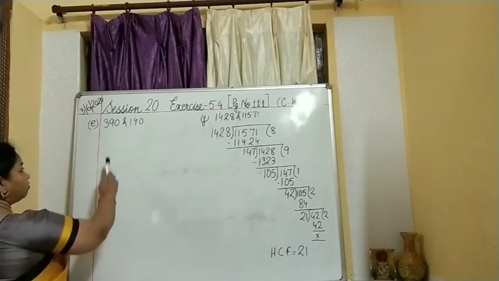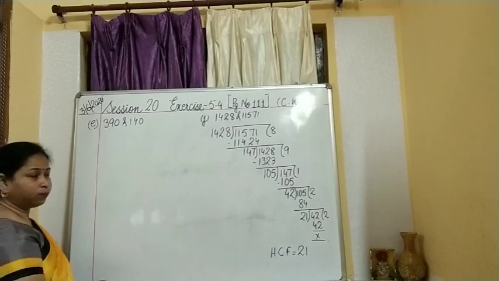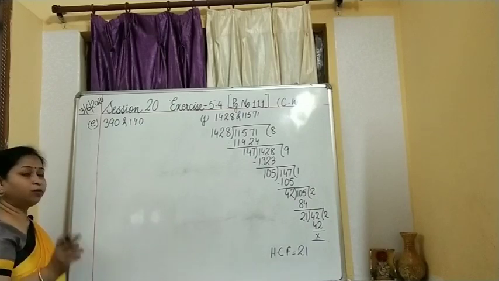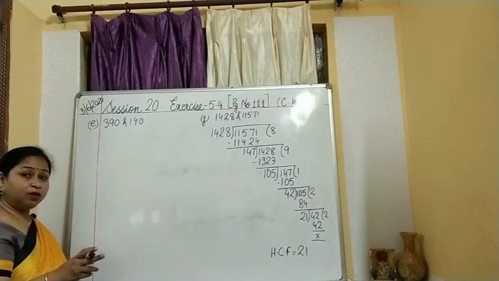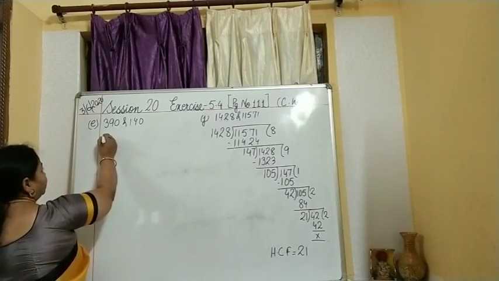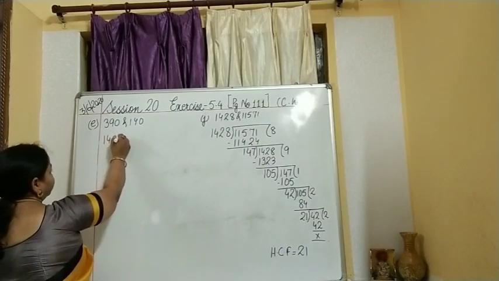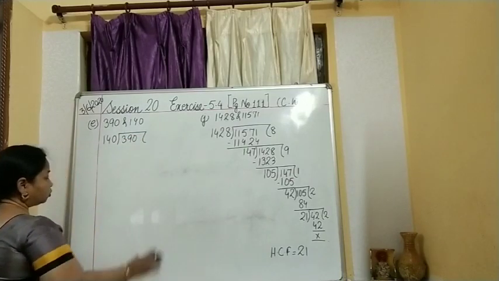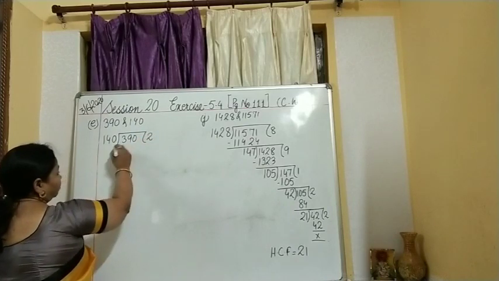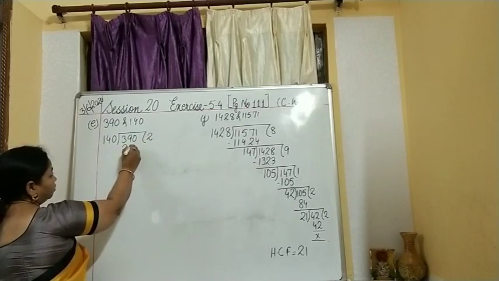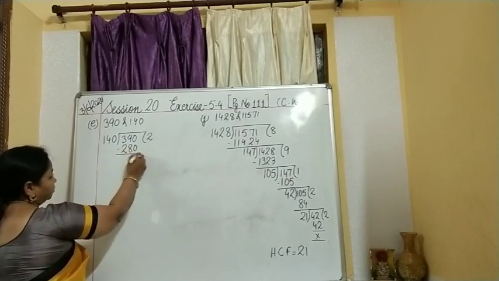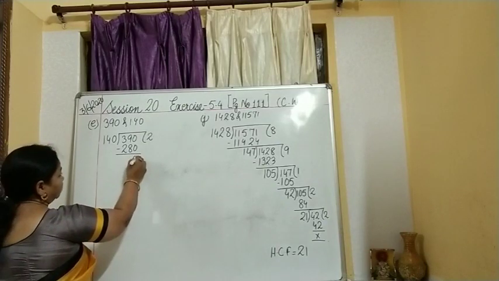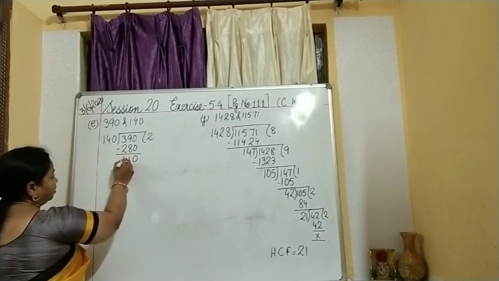Okay. So you have got 390 and 140. Out of these two, which one is smaller? 140. So 140 becomes the divisor and 390 becomes the dividend. So what we will do? We will write 140 and we will divide 390. Okay. So 140 multiplied by 2, you will get 280. Now subtract this. 9 minus 8, 1 and then 1.